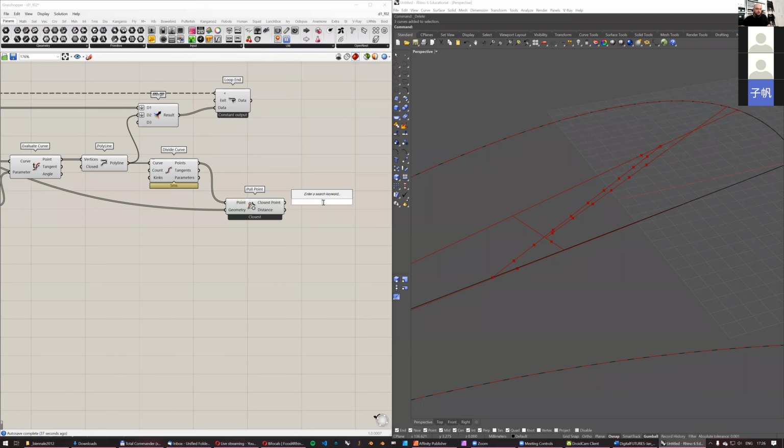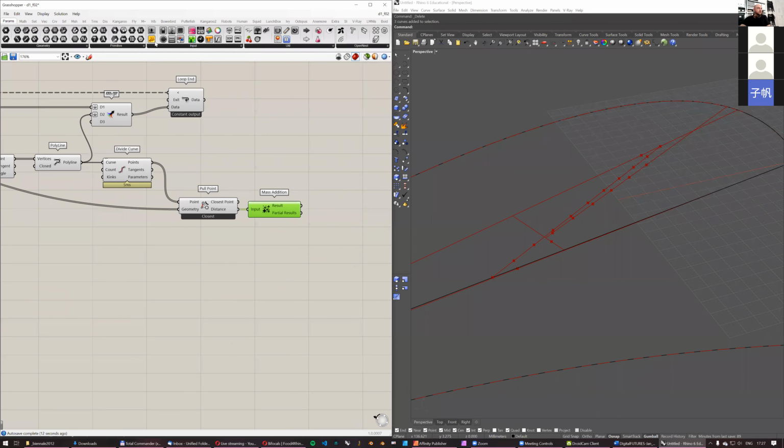And I will use Mass Addition, which takes a list of numbers and adds one to another. So if we've got 11 numbers here, this is an addition of all of them. So the result will be a sum of all distances, how far they have to travel to stick